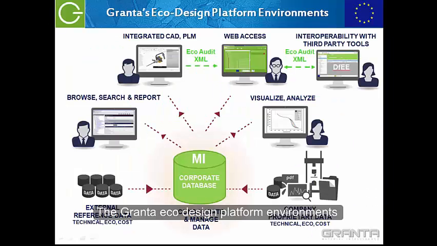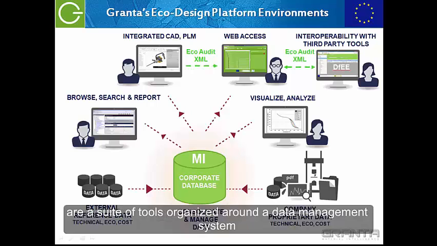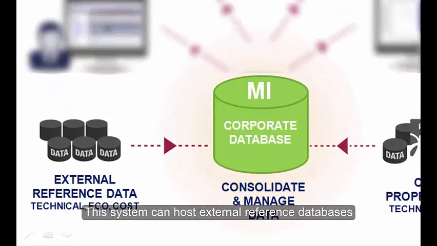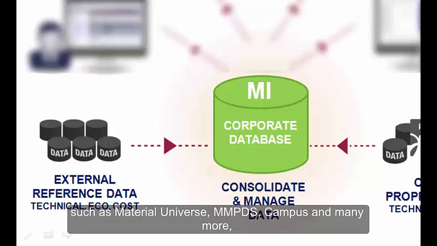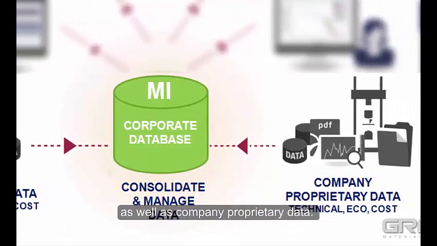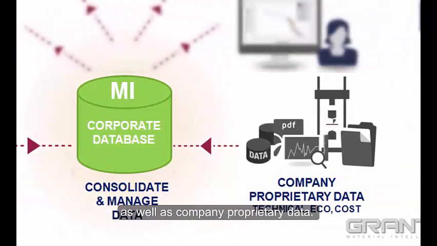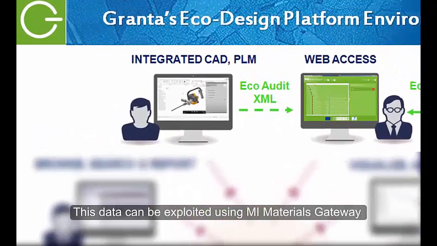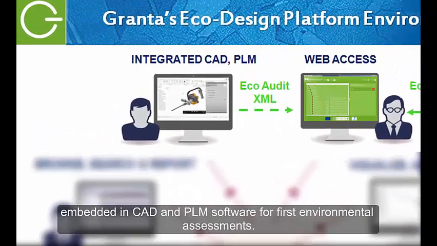The Granta Eco-Design platform environments are a suite of tools organized around a data management system hosted in G.EN.ESI. This system can host external reference databases such as Material Universe, MMPDS, Campus, and many more, as well as company proprietary data. This data can be exploited using MI Material Gateway embedded in CAD and PLM software for first environmental